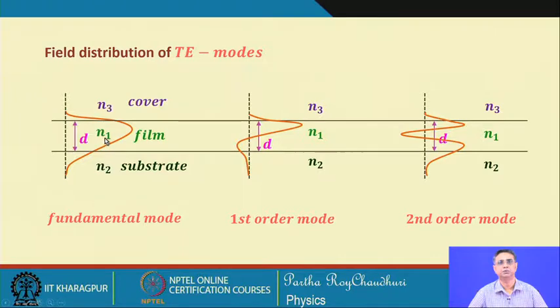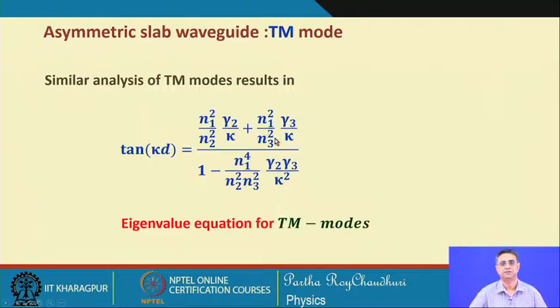And interestingly, if you put N1 equal to N2, it becomes homogeneous, and then the field moves to infinity, and there is no decaying nature of the field. So this is how the modes are excited in the asymmetric waveguide. Wherever there is a refractive index contrast, the electromagnetic waves react, and you get a sharp change in the field profile when there is a very high contrast at the interface.